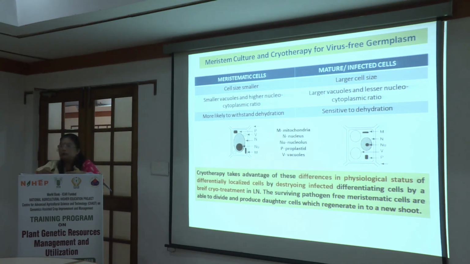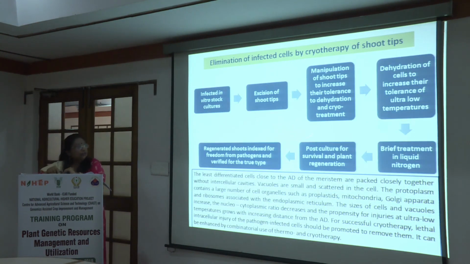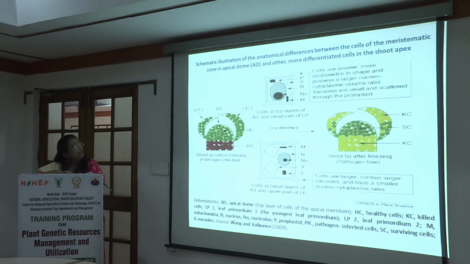So by default, most of our cryopreservation regenerated plants will tend to be virus free, and people have now standardized protocols to obtain the highest amount of virus free material using cryotherapy, and these are standard typical cryopreservation protocols that we follow, which you will also hopefully witness in the afternoon. And this just gives a schema of how these cells are surviving. So these are the very meristematic cells that are highly nucleic, and the surrounding cells having higher water content get killed during cryotherapy.